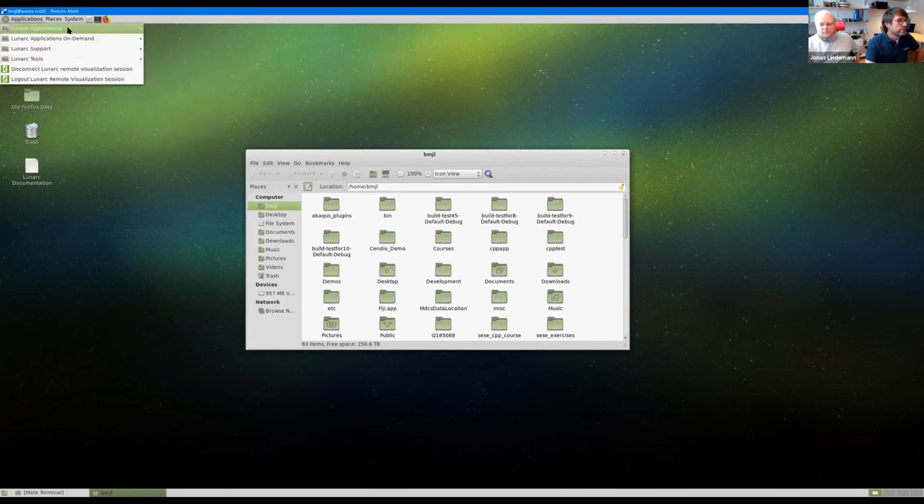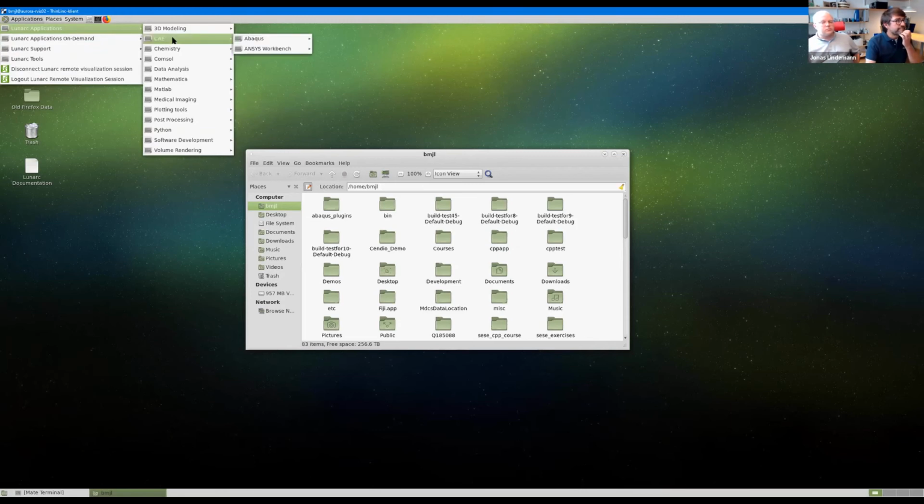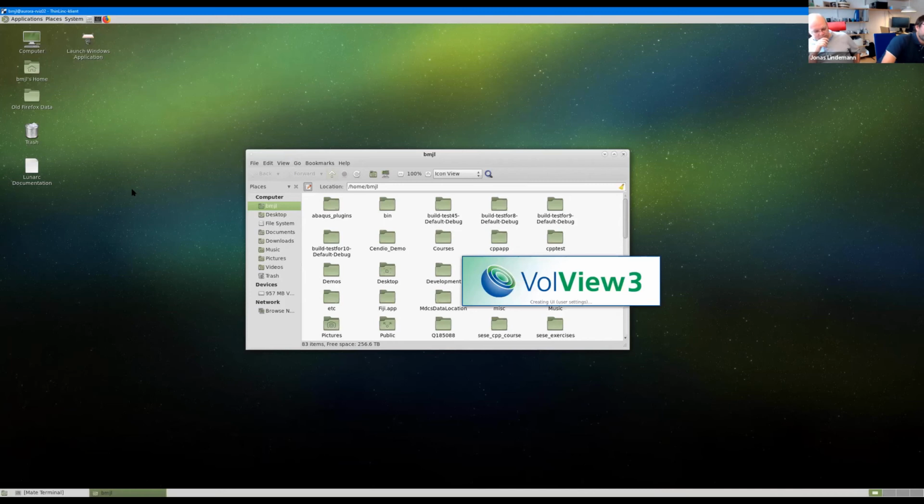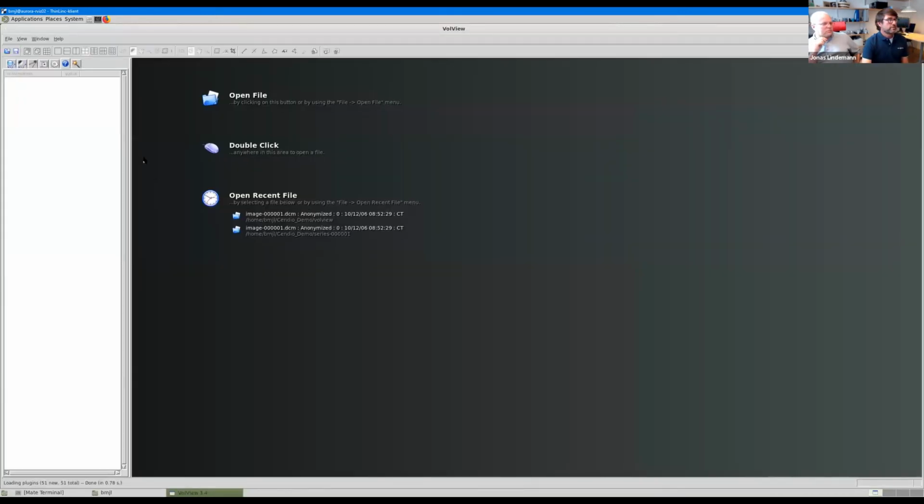Without further ado, I will start one application running on the shared system, and I choose VolView, a volumetric rendering application. I will explain what happens. VolView. Now I'm loading a data set, and now it's actually full screen.